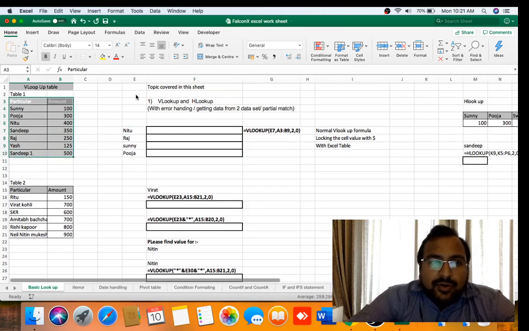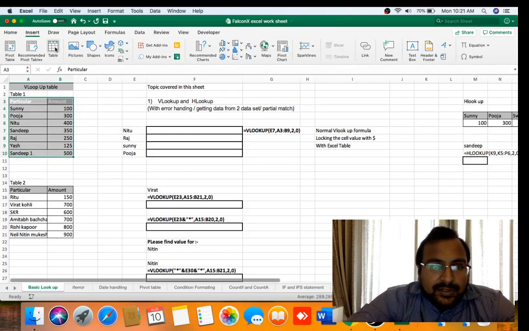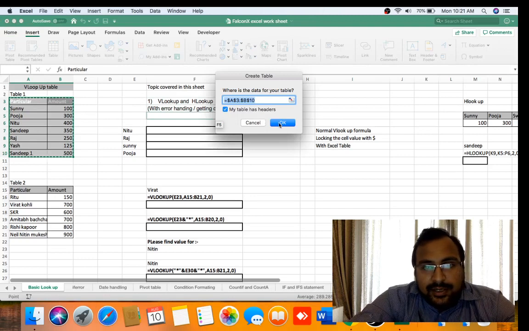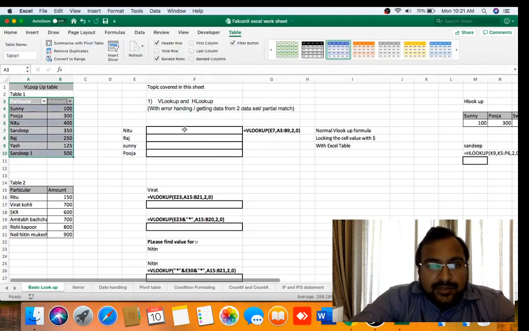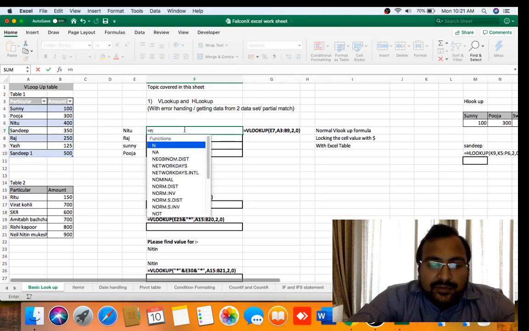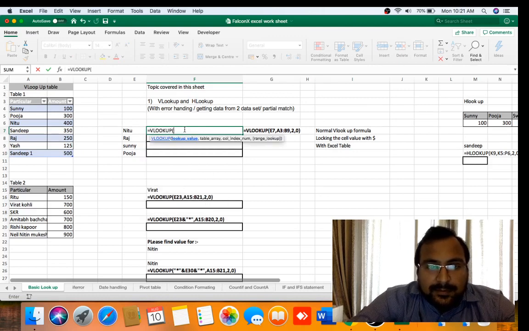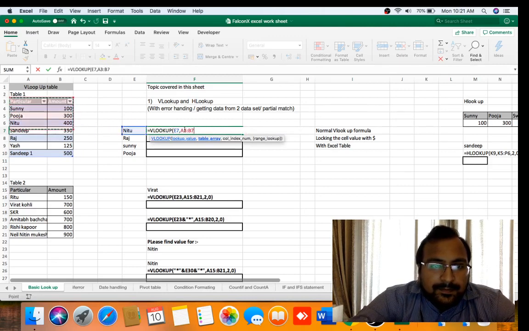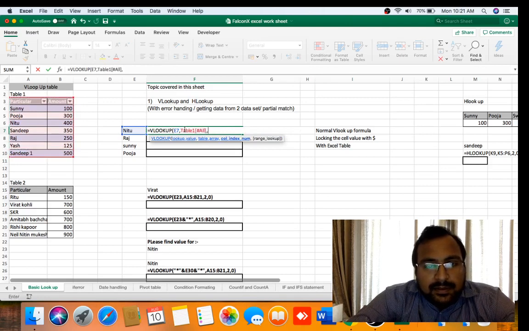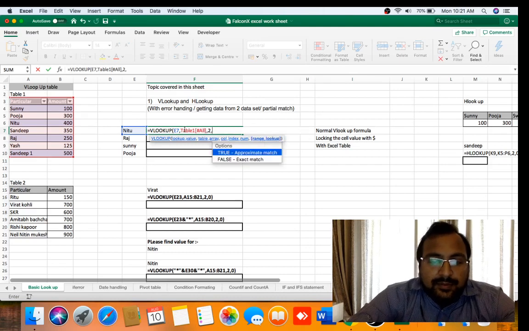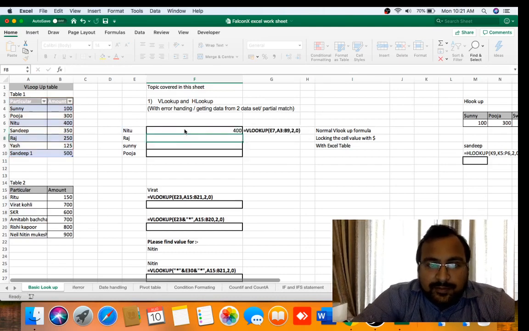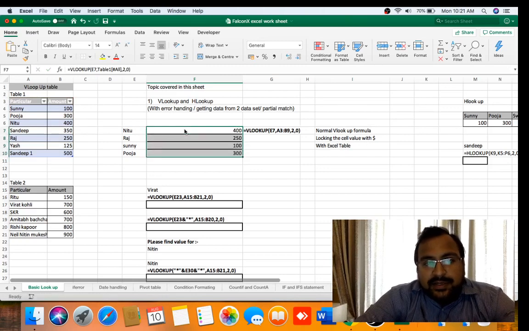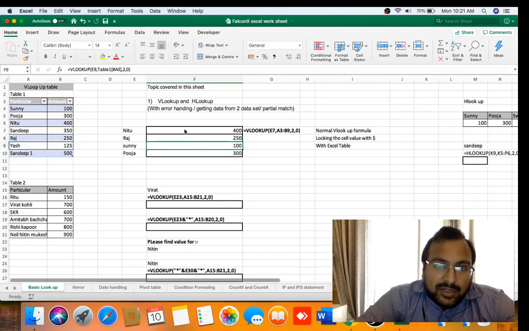Always put raw data in an Excel table. This should be your thumb rule of putting your raw data in an Excel table. Now see the magic of what happens. Now let me find the value of Neetu with VLOOKUP. VLOOKUP, comma, table, the complete table name is there. Second column I want, 0, enter. Now if I copy paste this data, you don't have to put the dollar sign also.